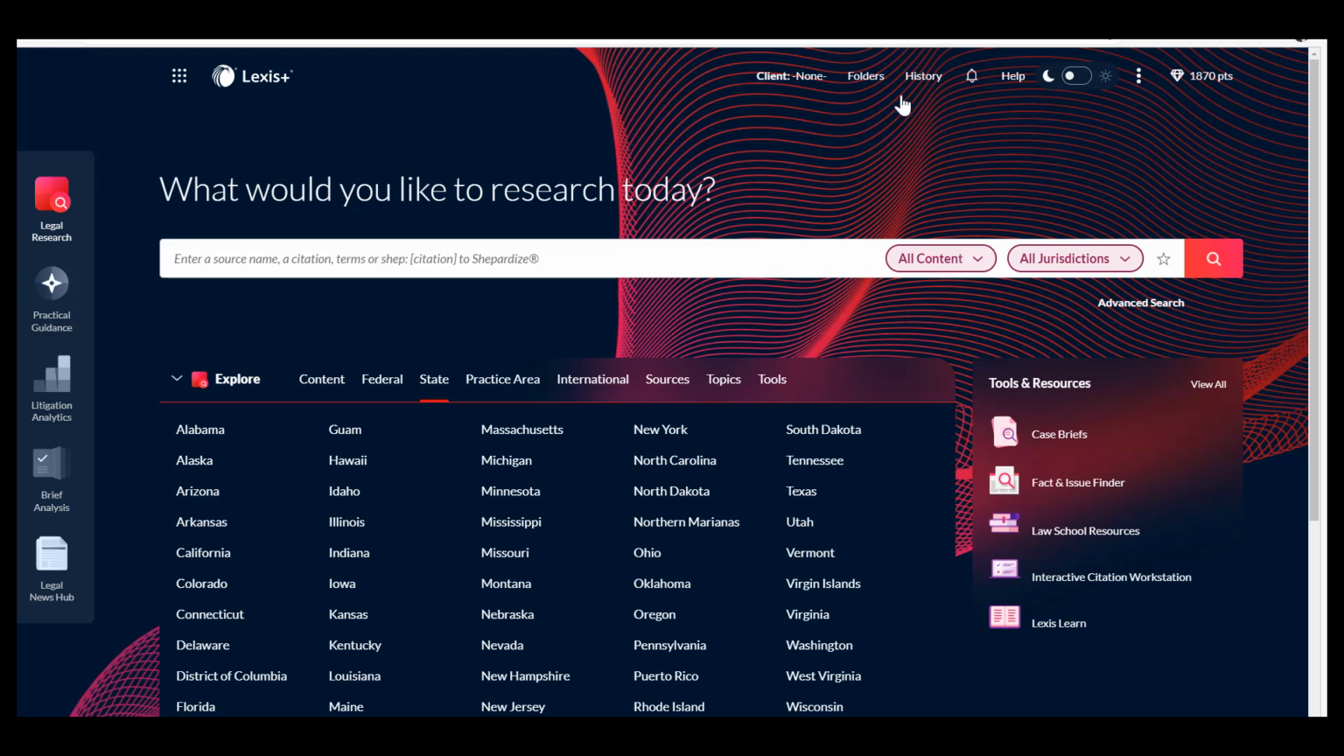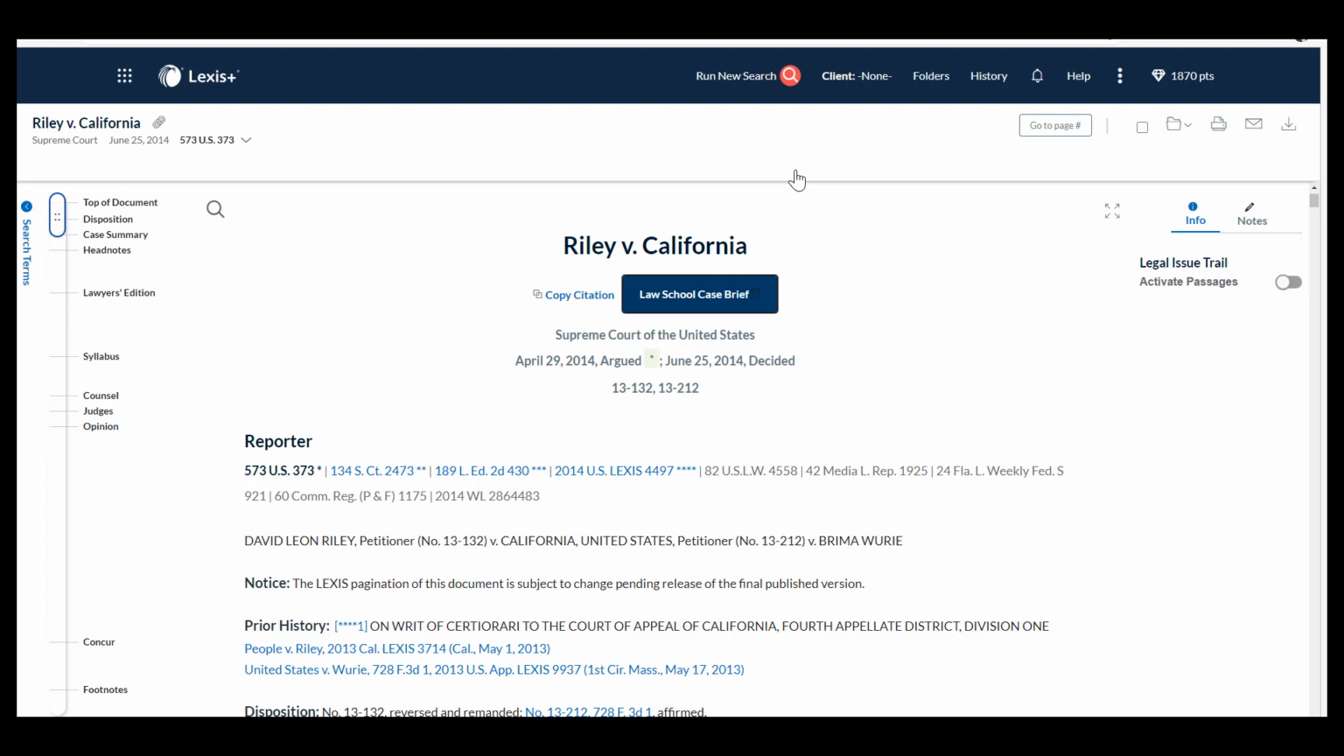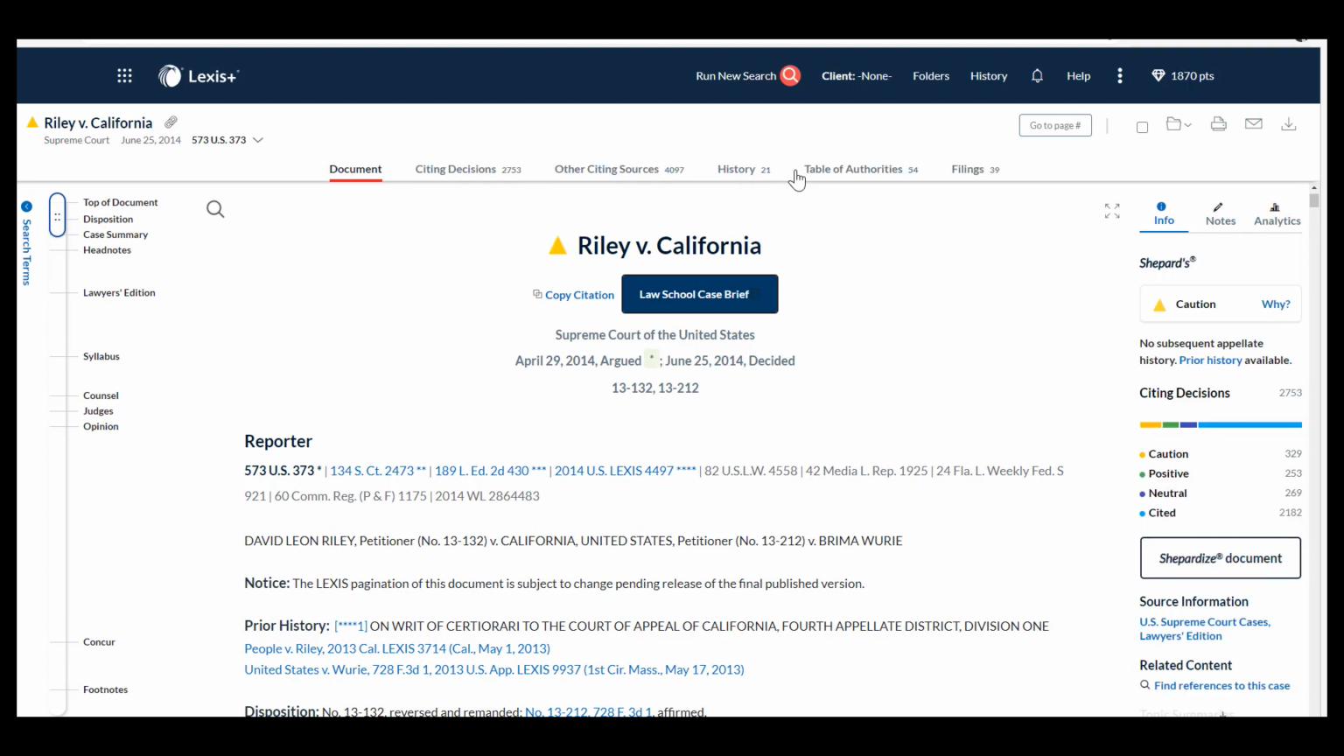In fact, I will click on History now to re-access one of the cases we were going over, Riley v. California. To do so, I just hit the History button, went over to My Documents, and it instantly shows you the last 5 documents that you've accessed. If I want to save the Riley v. California case, I can do so by going to the top right-hand corner of my screen and clicking the folder